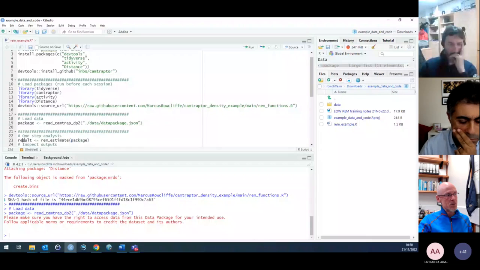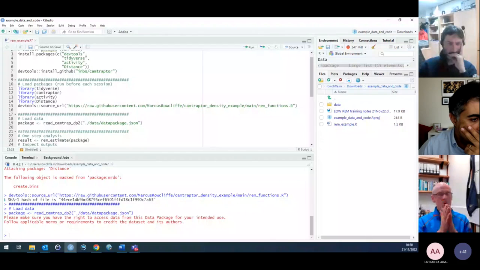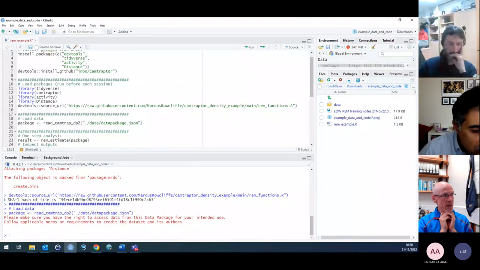And here I've assigned it to a thing called result. So we'll look at the outputs in a minute, but first, if you just run this default setup without any other information given to the REM estimate function, if I just run that,